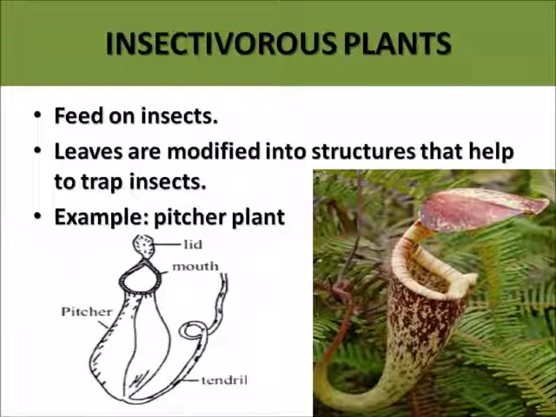Now the rim of the pitcher is extremely slippery. So as soon as the insect sits here, the insect slips inside, and as soon as the insect falls inside, the lid closes, and that's how the insect gets digested inside. So that is how these insectivorous plants work. Here also you see they depend on other insects, but at the same time these plants have chlorophyll and they can also photosynthesize. So this is an alternate mode of nutrition. They are autotrophic, but at the same time they are heterotrophic also.